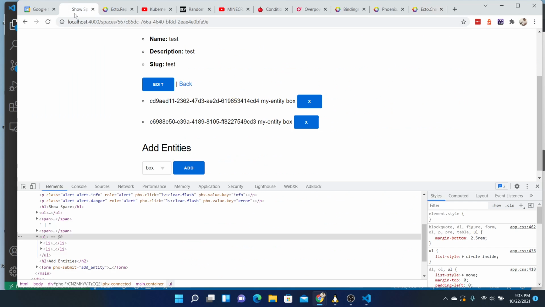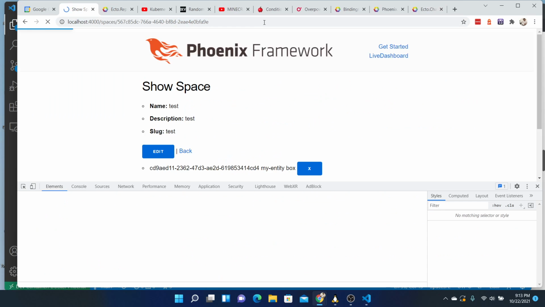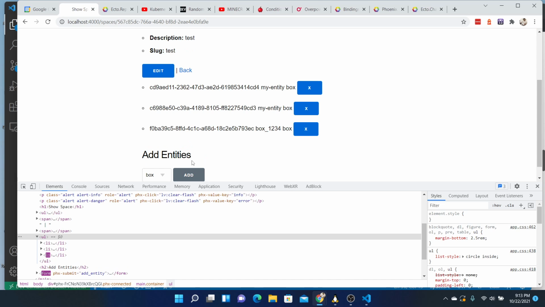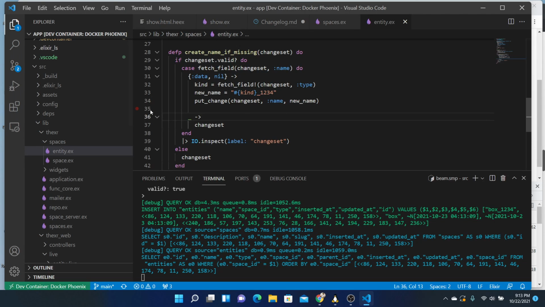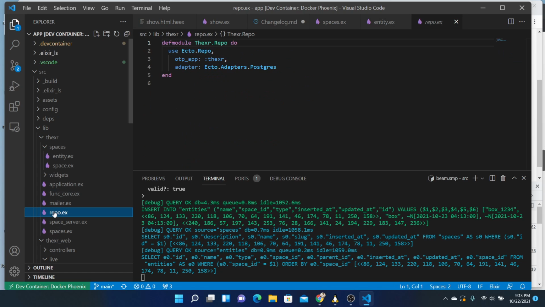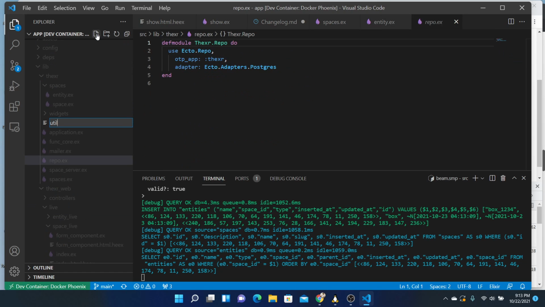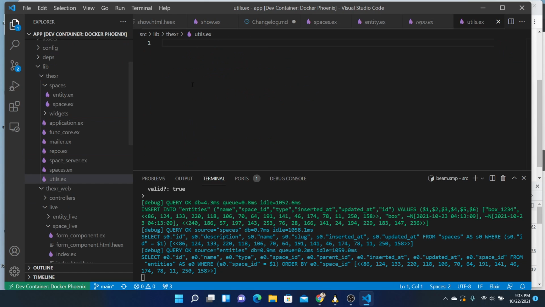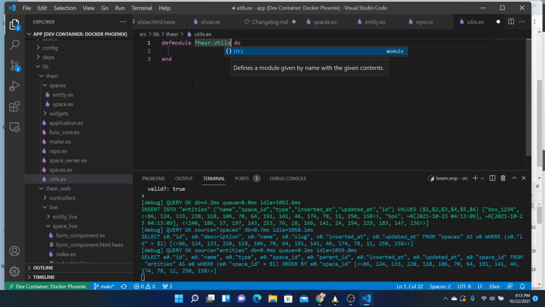Let's try again. Okay, add a box. Box 1, 2, 3, 4. Great. Let's have it pick a number. Let's add this into utilities. Let's go to utils, def module, xr utils, def random id,